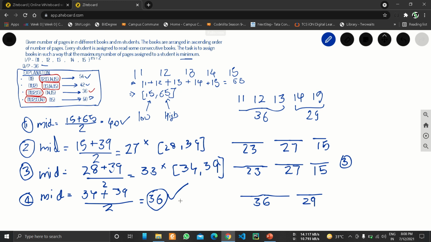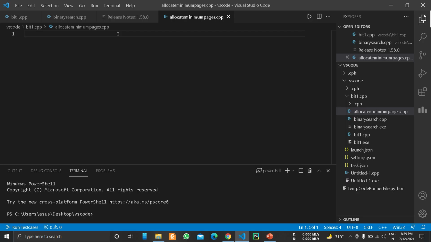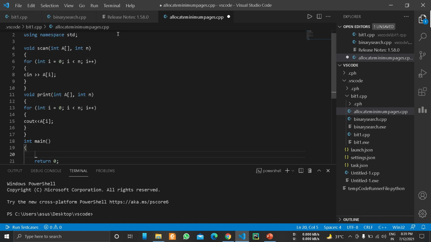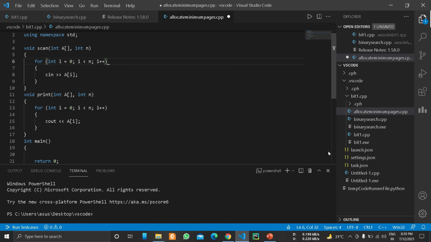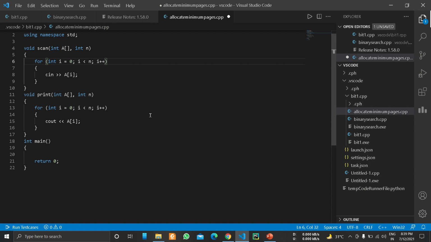So let's see the code implementation of this problem. This function is to scan the array and print the array. First we will have the number of students, int n, m.